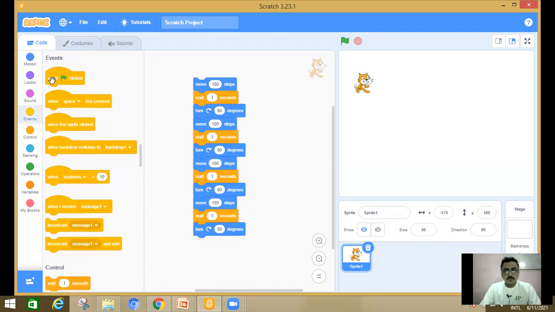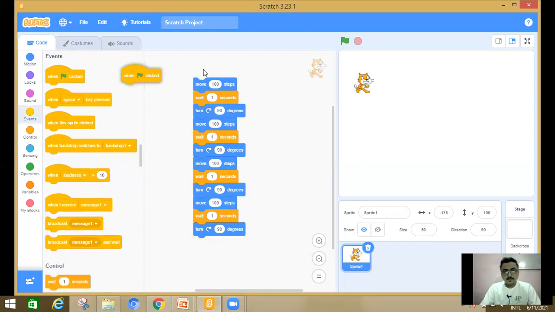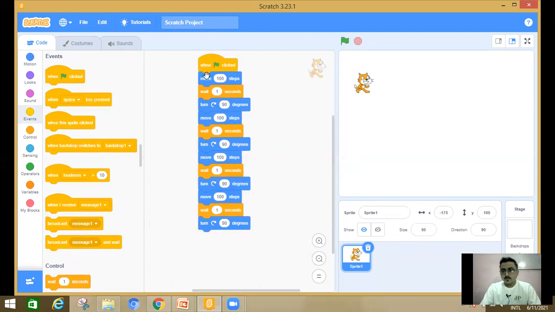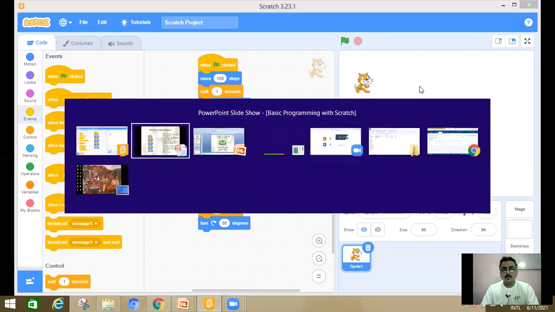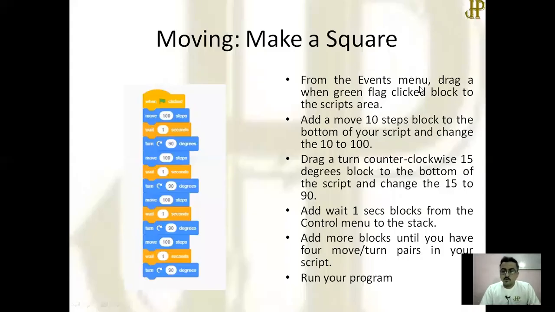When clicked, I'm going to insert it. Okay, now whenever I click this script, my program will run. In the action area, you can see what happened. This is a small program through which you can see how to make a square or how to move your sprite.